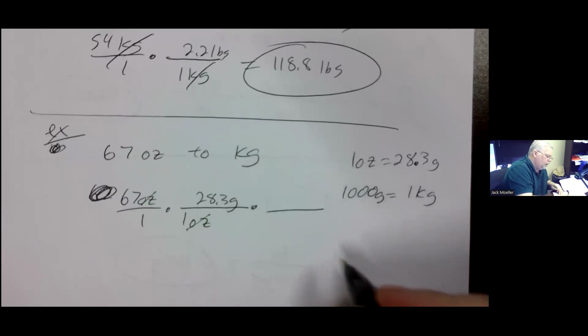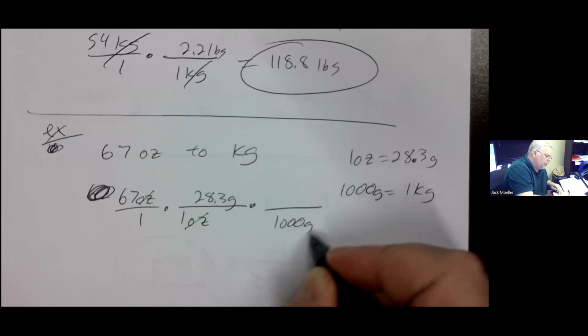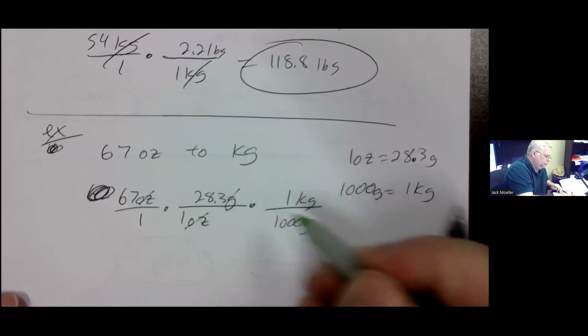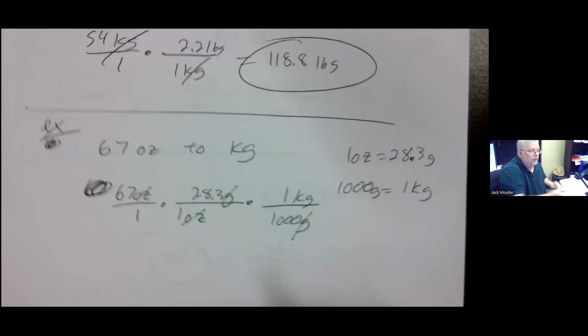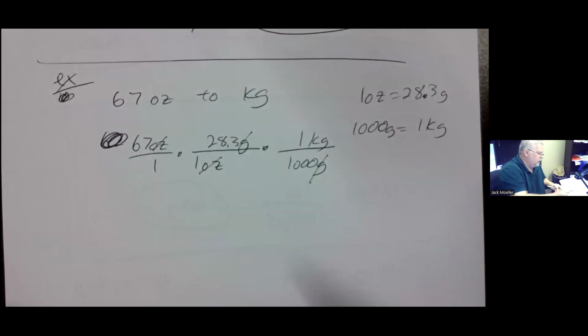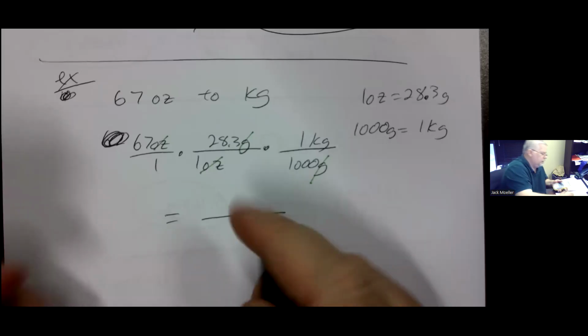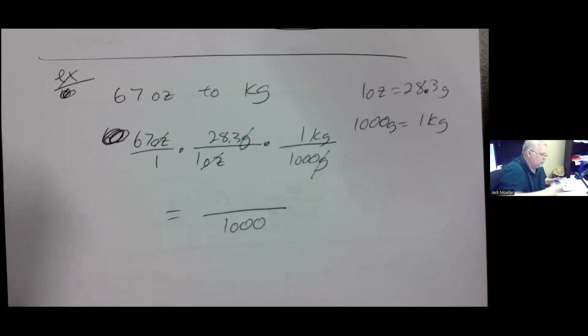Now to get rid of the grams, we have to do grams on the bottom. So 1,000 grams is 1 kilogram. So now we're just left with kilograms. And so again, multiply everything on top, multiply everything on bottom, do the division last. 1,000 on the bottom, on the top, 67 times 28.3